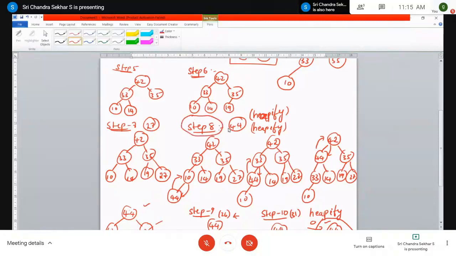44 is inserted as the left child of 10. It is not satisfying the heap ordering property. Therefore, you exchange it. This is one exchange, and here also it is not satisfying. Therefore, it is second, and here it is not satisfying. Therefore, it is 3. Therefore, the correct option or the correct solution is 3. So these are the type of questions you will be asked. That's the reason why I concentrated on how to construct the heap when you are given a list of elements. Very, very important question.